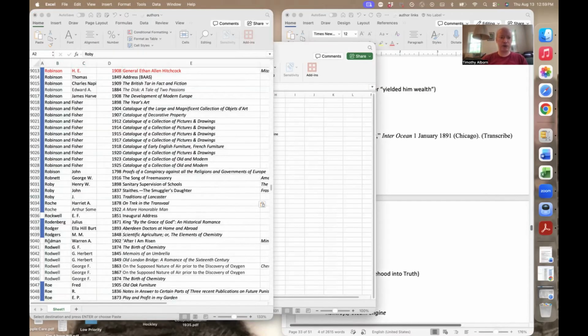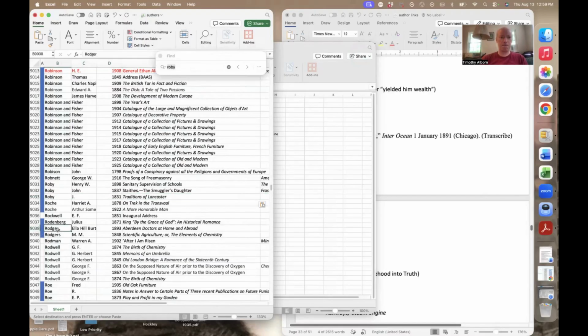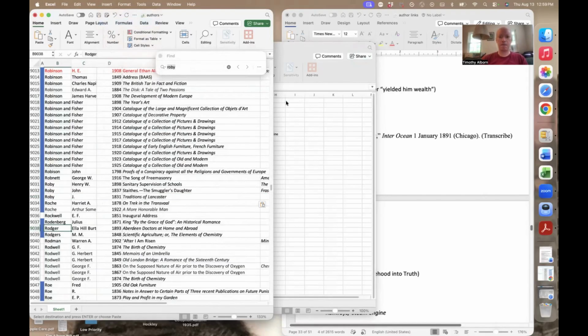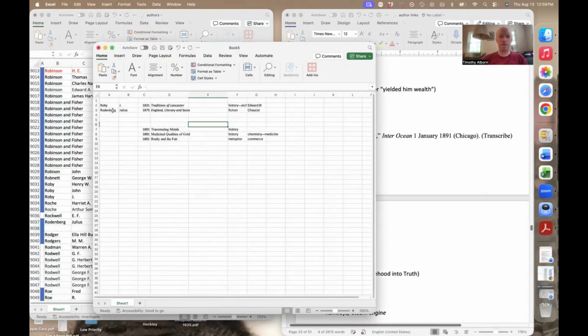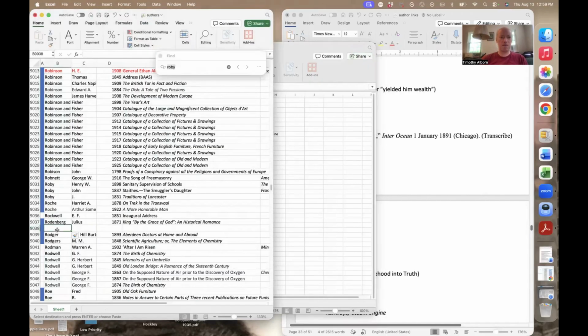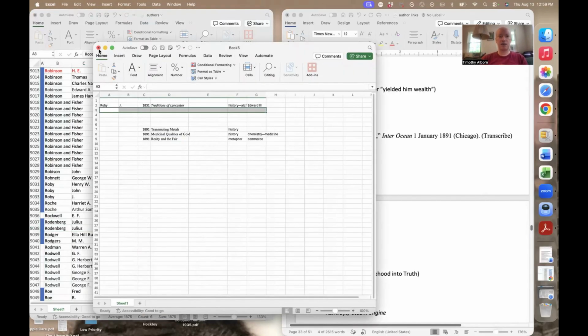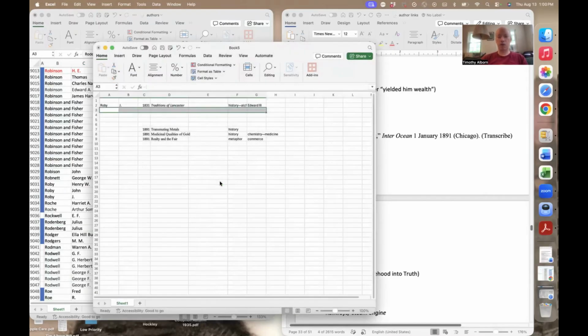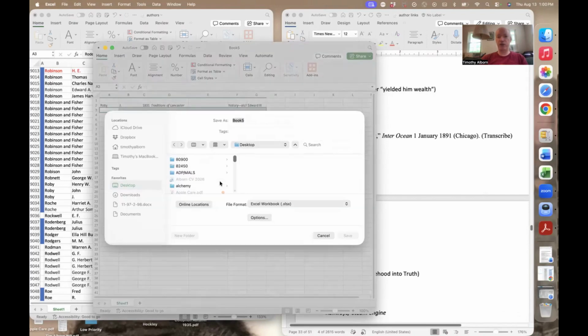And likewise with Rodenberg. Okay, so that's that. The only other thing I need to do at this point, I'm only going to do it for those two sources,